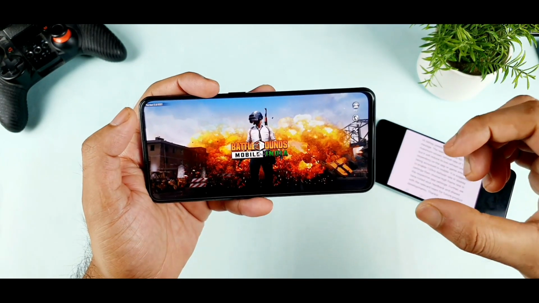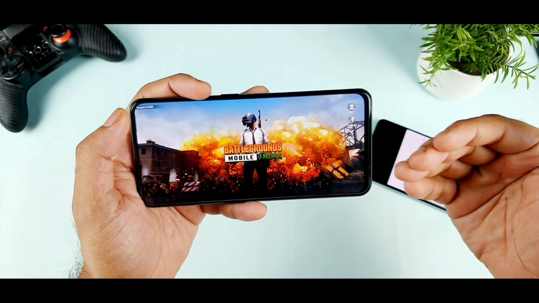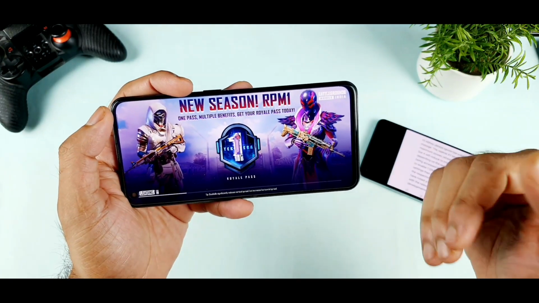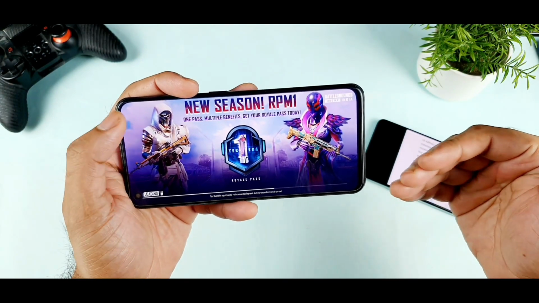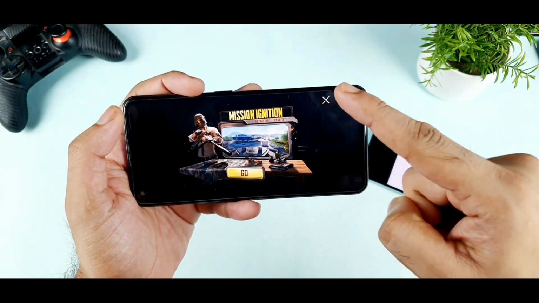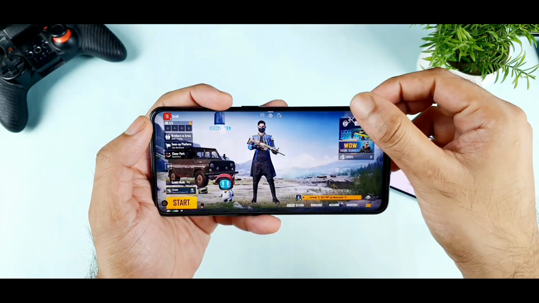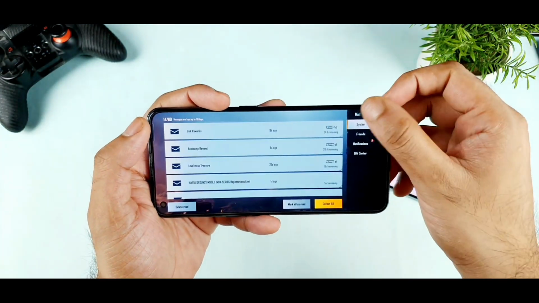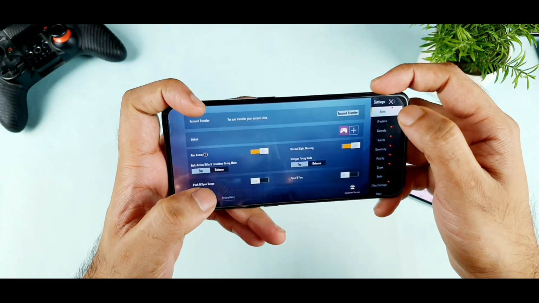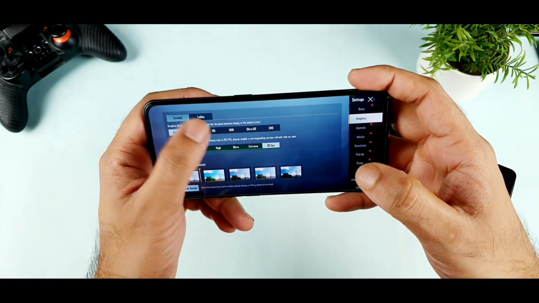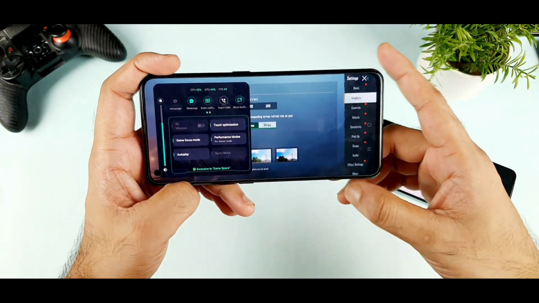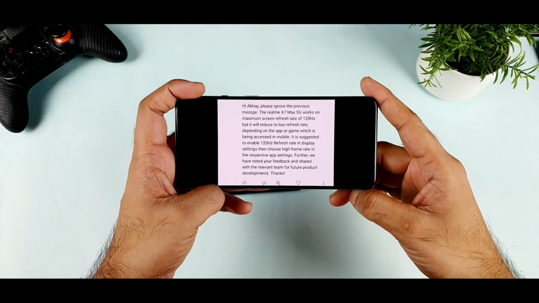So in individual applications, you need to use the higher FPS. But YouTube and Instagram don't have individual settings to increase or decrease the refresh rate. In games like this, we do have the option to increase it, but still it's not working. I'm not sure when they're going to fix this kind of issue, but even though we choose the applications and games with a higher refresh rate, we still won't get 90 FPS in the Realme X1 Max until we use some kind of trick. So let's see, friends, when they'll fix the issue.